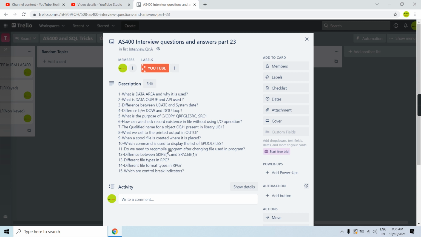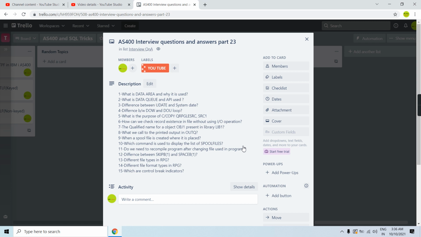Do we need to recompile a program after changing the file used in the program? Yes, of course. If the file gets changed in a program and the level check parameter is set to yes, then the file level identifier of the record format gets checked at runtime while opening that file.